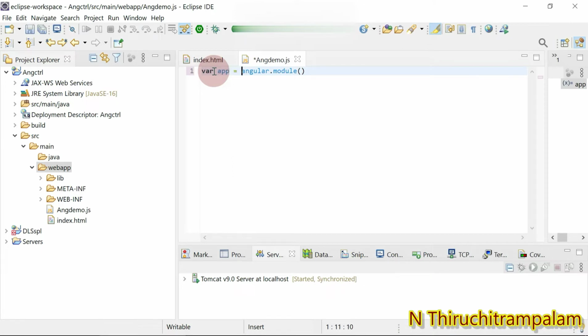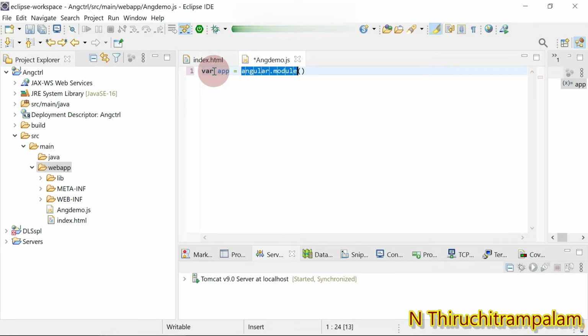The var denotes a variable type, and whatever follows var will be the variable name. Here equal, and then I'm going to create the module.